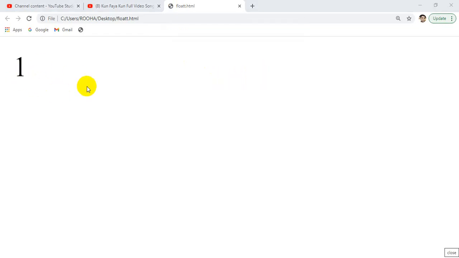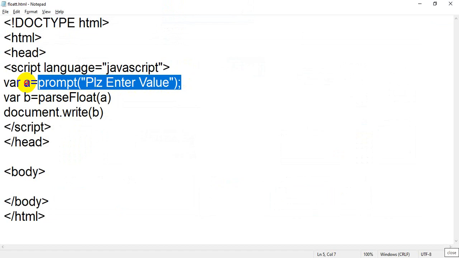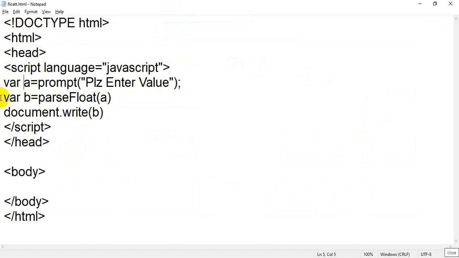What is actually happening in this program? The value accepted by the prompt function will be stored inside variable A. Now when it moves to the second line, you have used the parseFloat function and you are going to convert the value of A using parseFloat. parseFloat accepts the value A and starts from the first character of that string, because the value we accepted from prompt is a string, and the float function also takes a parameter as a string.